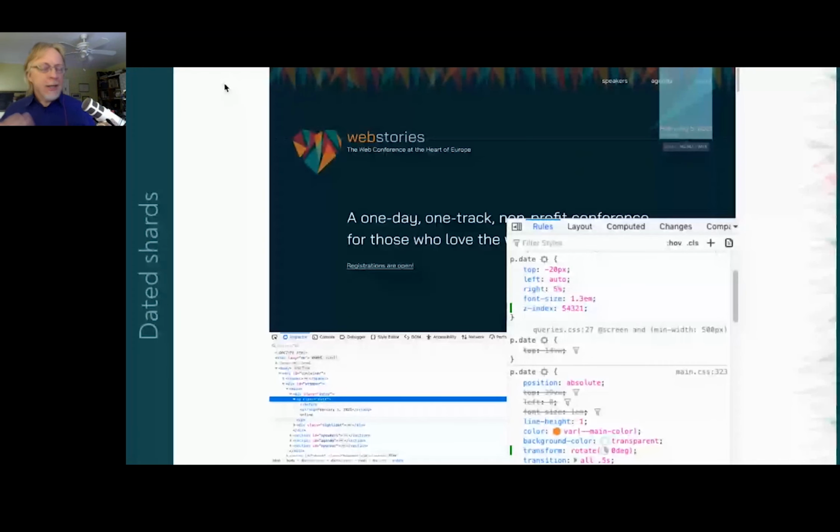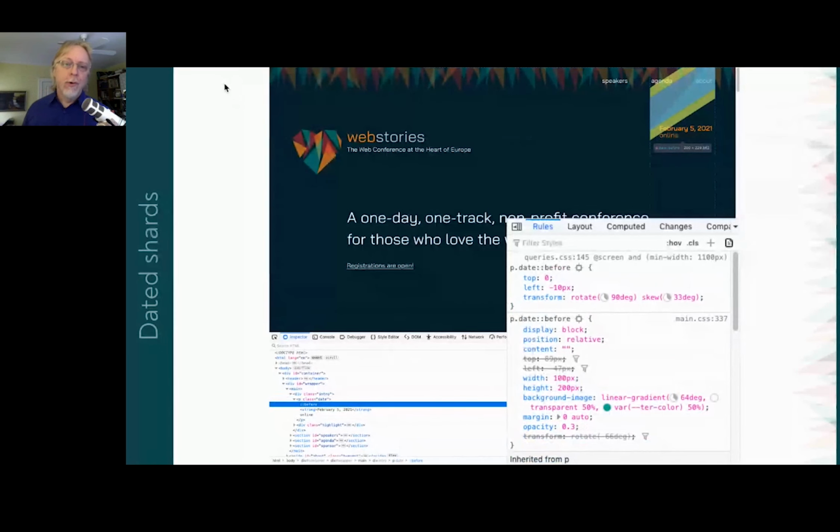So like I said, this shard is a background, but it's sticking out the edges of the element, right? The Firefox inspector is showing me these are the edges of the paragraph, but there's a background image outside of the element box. That's because it's actually not a background on the element. The background is set on a before pseudo element that's been positioned and made a little bit larger than the paragraph, which is also a thing you could do. It's been set up to do all this stuff.